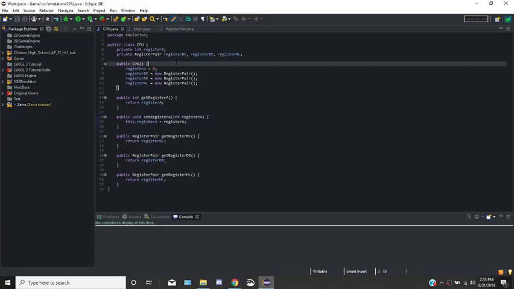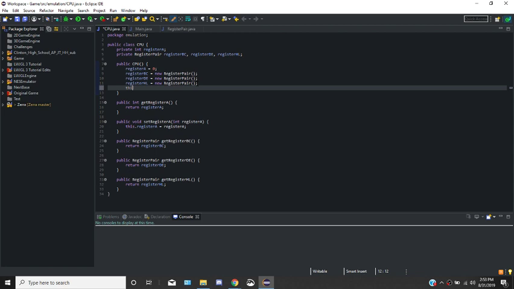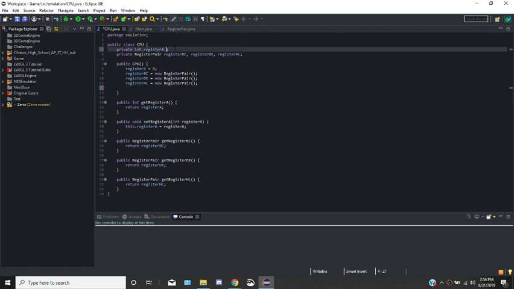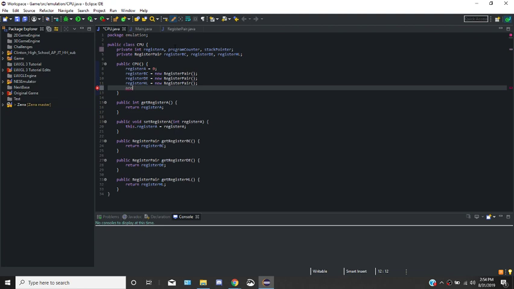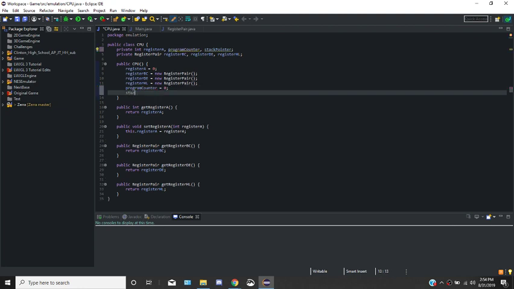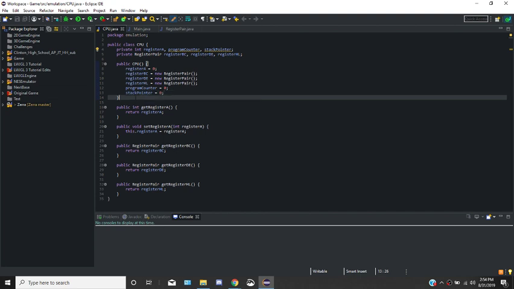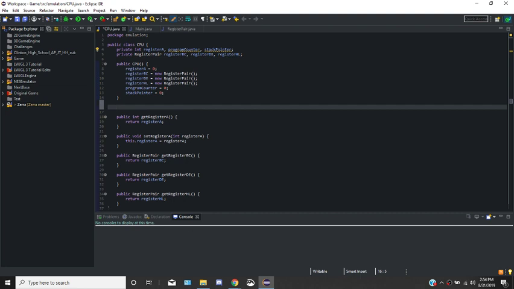So now we also need a program counter and a stack pointer. Most of these later on are usually the same. If you're making a 6502, the only things different are the registers and the instruction set, and the rest are really similar. So program counter equals 0, stack pointer is also equal to 0. And there we go. And now we can use, and we can do get